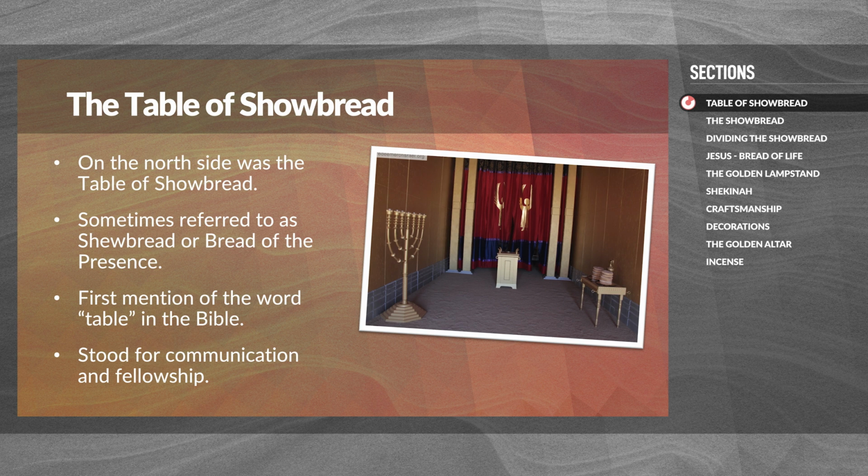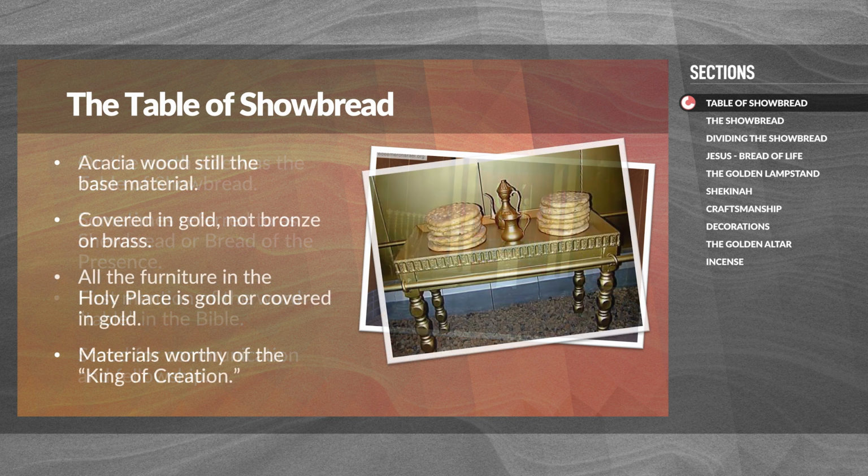The showbread was to be shared among the priests, linking food, communication, and fellowship, which drew the priests closer to each other, their devotions, as well as their duties to the tabernacle. Again, we find acacia wood as the base material, but this time the table is covered with pure gold, not bronze or brass. All of the furniture in the holy place is covered with gold,